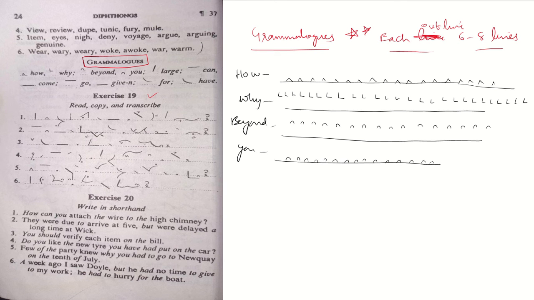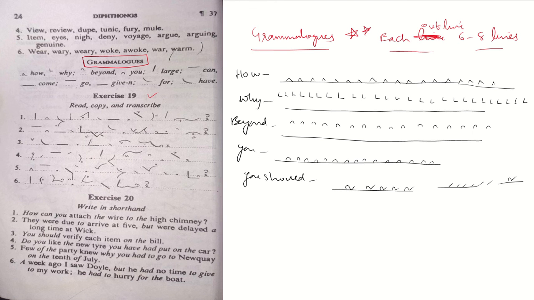If I ask you to write "you should", how will you write it? Just add an extra. You should. Join it to "should" without lifting the pencil, that's it. You should. Should like this only we will write, right? While I was teaching the third chapter, I told you should is a light stroke. So you should, simple. Got it?